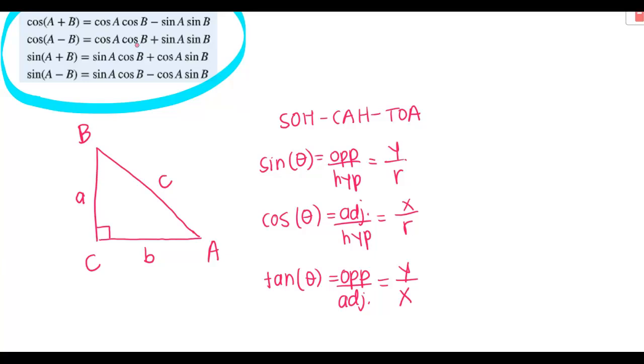So when you start these equations, it might give you a ratio of A or B. So it might give you like the cosine of A and the tangent of B. So it's going to give you enough information to at least have x, y, and or r, or you can think about it in terms of opposite, adjacent, or hypotenuse. So the first step you're going to have to make is to find that missing piece,